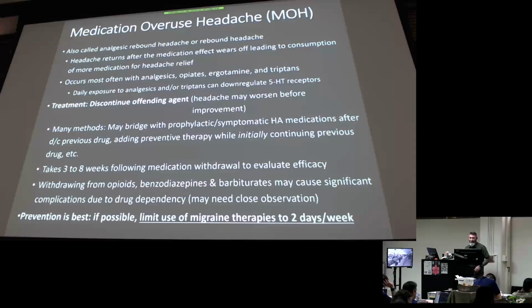So the take-home point is underlined there for your abortive agents or acute treatments for migraines. We want to limit them to a max of 2 days a week. Anytime we're going with even the NSAIDs, but the triptans or any of these classes of abortive agents we briefly touched on already, more than twice a week is a concern for medication overuse headache. So it kind of makes sense. If you're doing something twice a week for months on end, we're starting to get into an area where your body is developing a dependence on it.